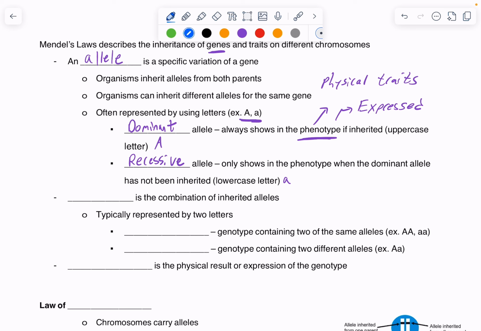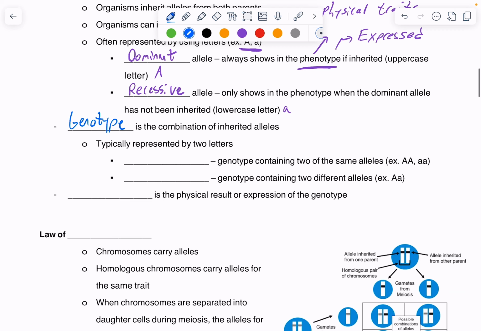And so every organism, we can determine or look at their alleles by looking at their genotype. So it's a combination of inherited alleles. So one from mom, one from dad. And so we have